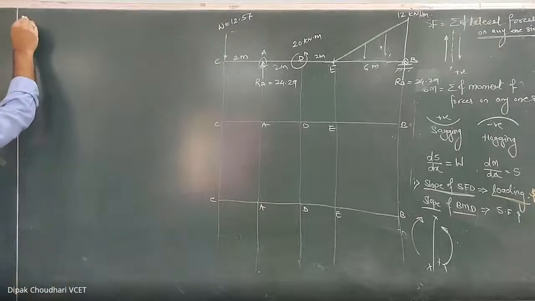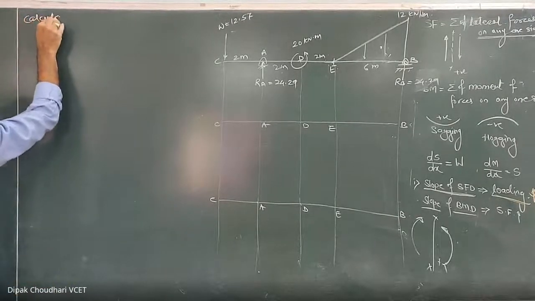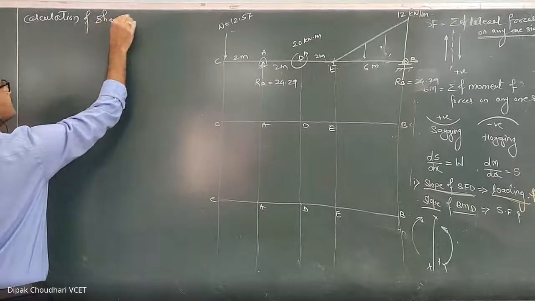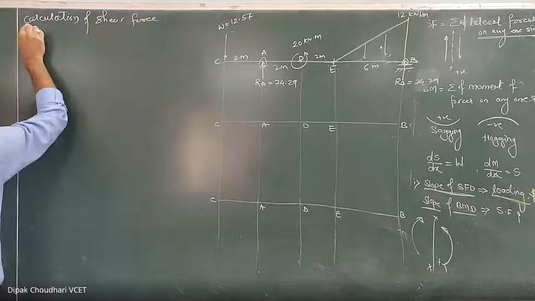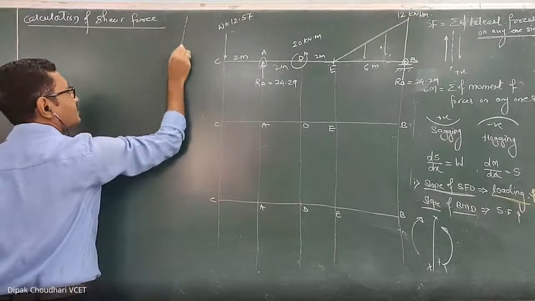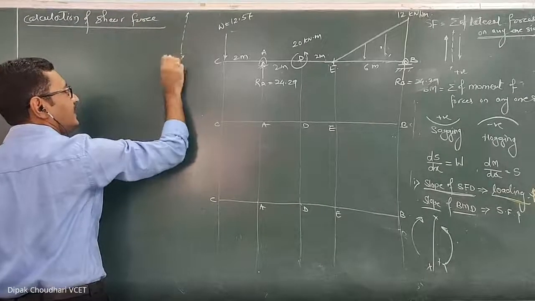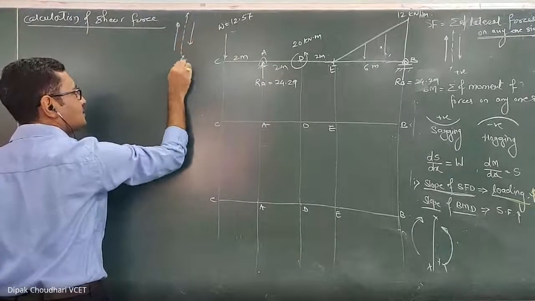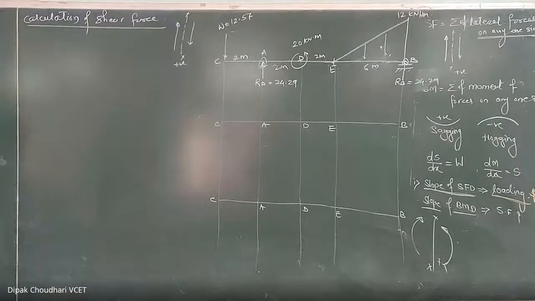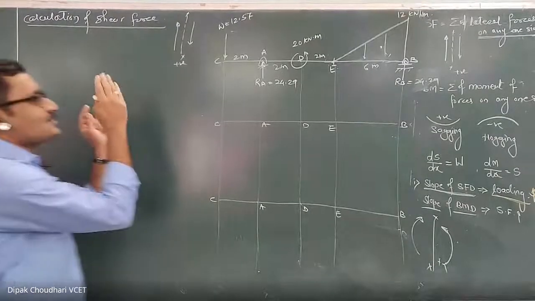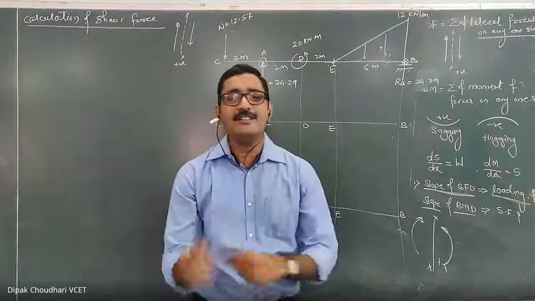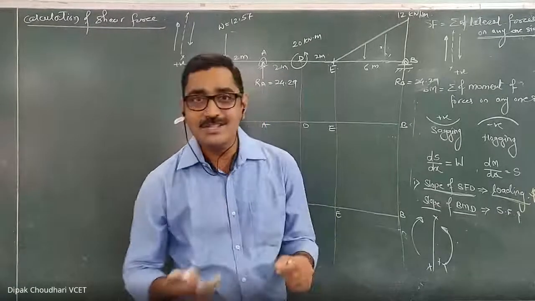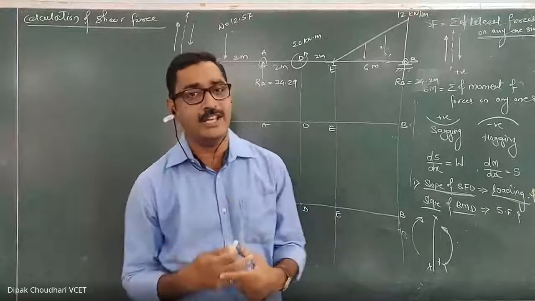Now calculation of the shear force. Here you write down the sign convention. X-axis is the section anywhere. On left hand side of the section upward force and on right side of the section downward force positive. We are going to use this sign convention. And here we have to calculate the shear force at the point where there is a change in the equation of the shear force. Here the equation of the shear force changes where there is a change in the loading diagram.